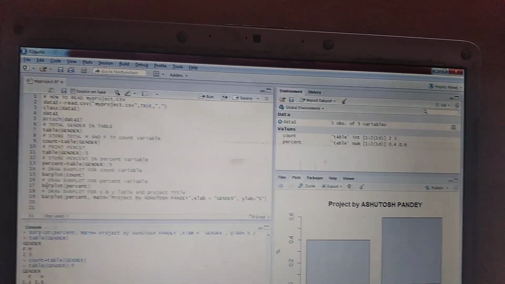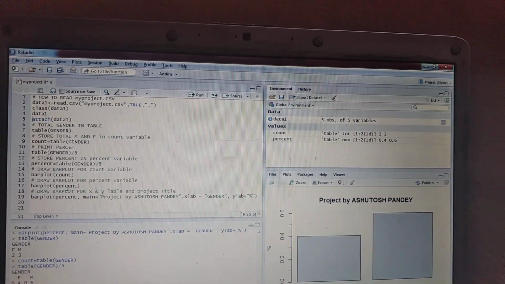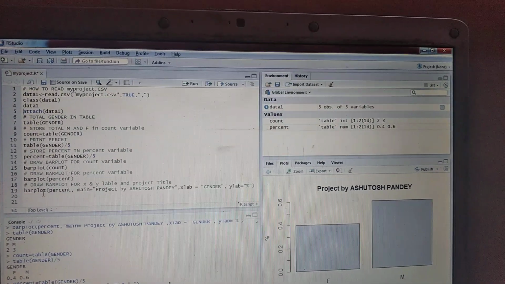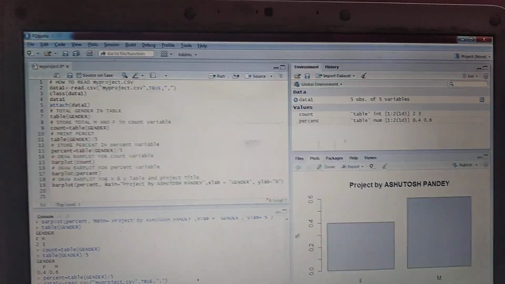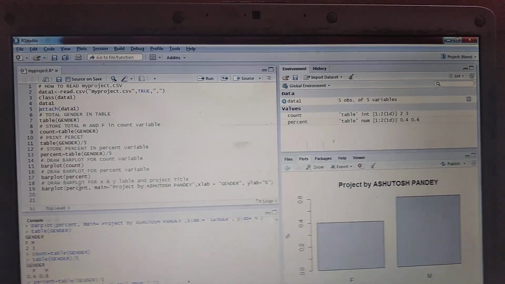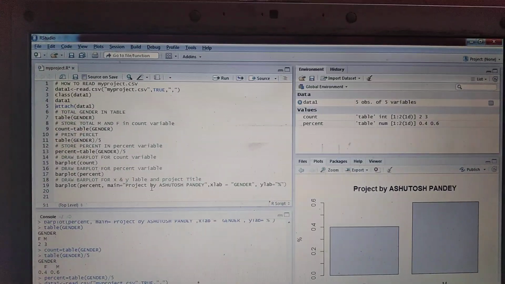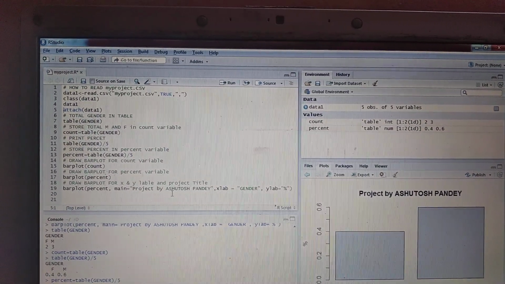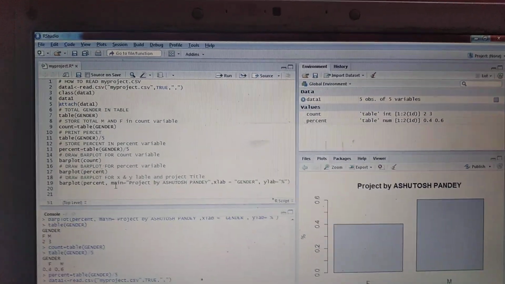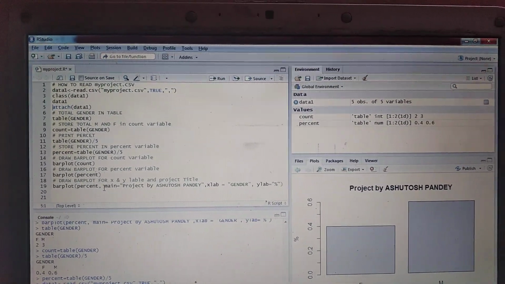Next one, in barplot for the percentage, we already calculated the percentage here, and the last one is the barplot, and you can see there are more than 2 parameters. First the percentage we try to plot, then main equals, here you are watching Project by Ashutosh Pandey. This is the title of your project, or whatever you want to show in the bar chart as a title, you can write here main equals.